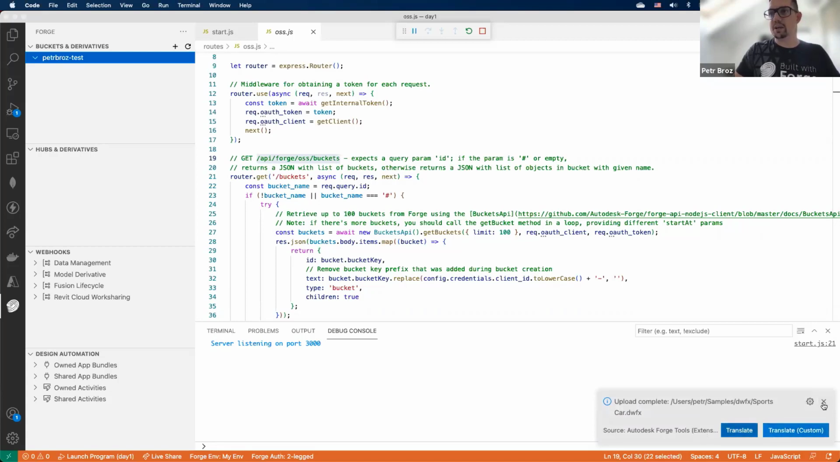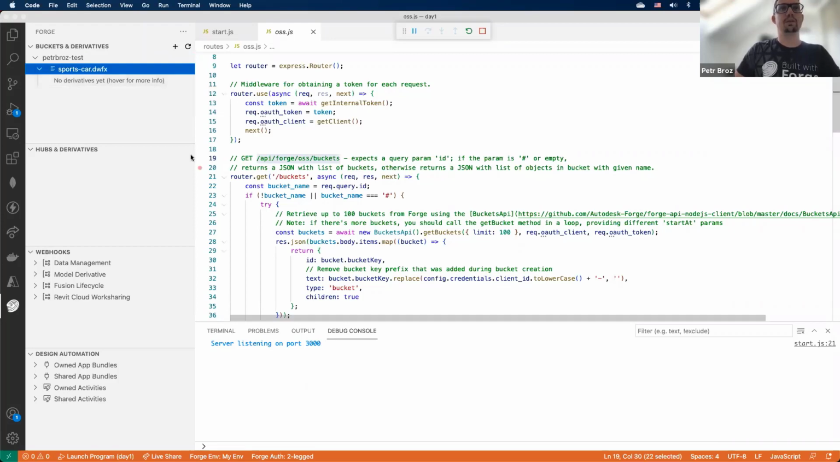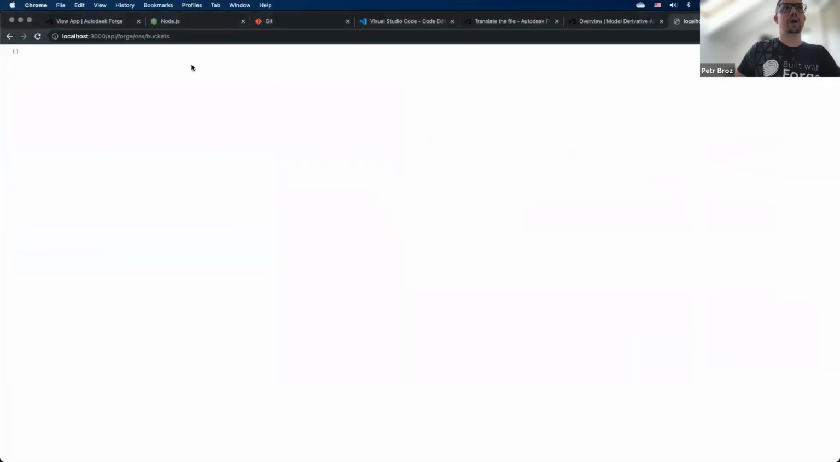Now, I'm already showing some additional actions you can take, but I'm going to skip this for now. So you can see that under our bucket, we already have a sports car DWFX file, right? For now, we can expand it, but we're not going to see any outputs, because we haven't initiated any translation of the file. But before we do that, let's go back to our browser and let's try making this request one more time